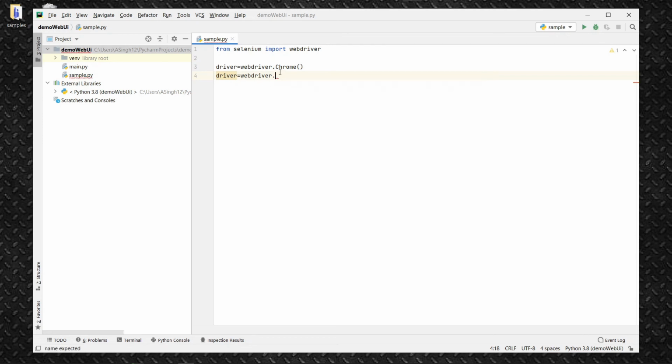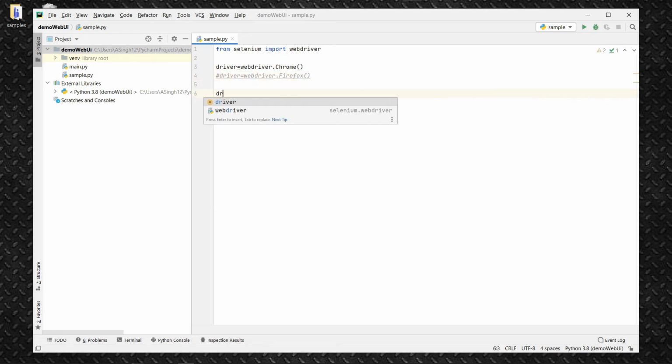So all these are options available. So let's say we go with Firefox. So it will be a capital F, Firefox. So it will launch Firefox as well. So at a time we will try with one. So for the time being, let's comment this.